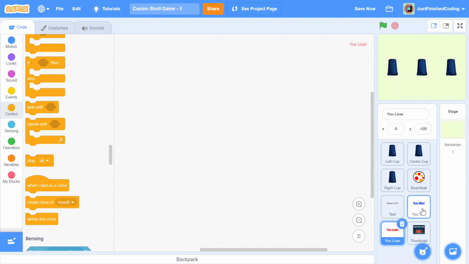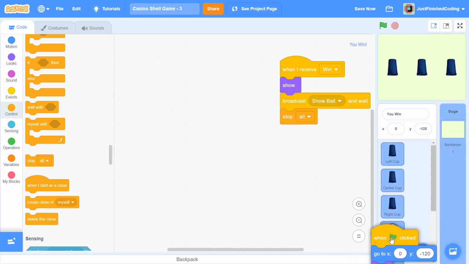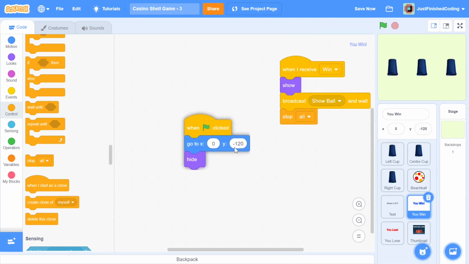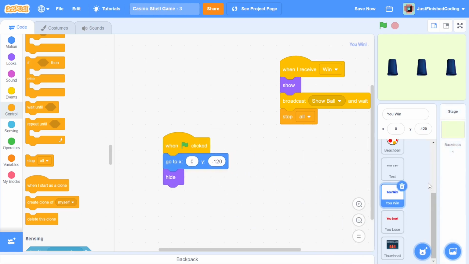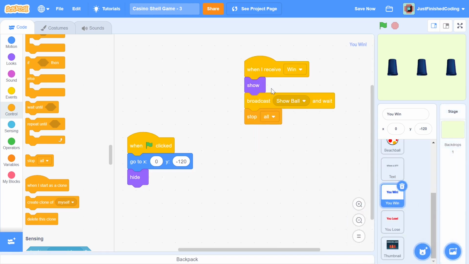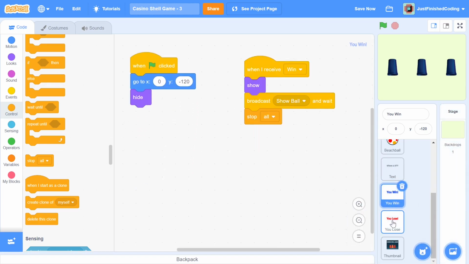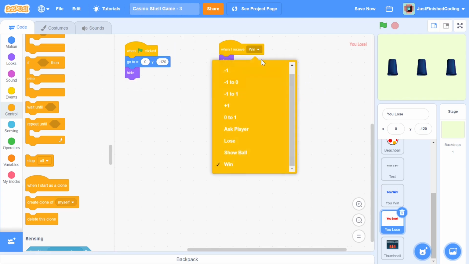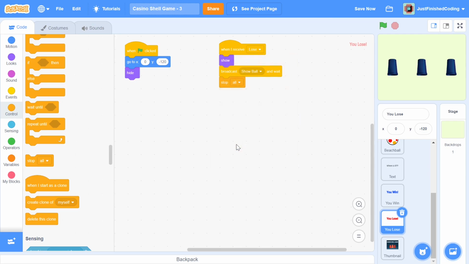Okay, so now we can get into the you lose. And you can actually throw in all this code from you win as well, and it looks like I kind of messed up the game. So let me throw it, okay, so some error this way. So let me throw it like this, and let me also dump the message. So this should work properly. There we go. So we have both of them within the you lose sprite as well. I'm just going to change this to you lose here, and there really isn't that much of a difference. I mean, we just leave it as it is, show the ball, and it's just that we show you lose instead of a you win.